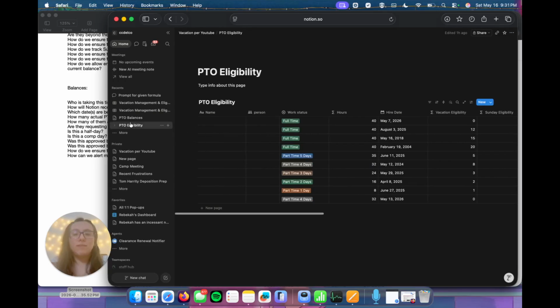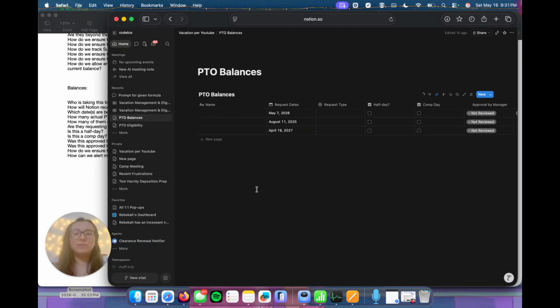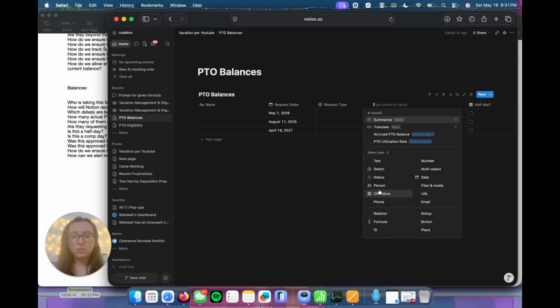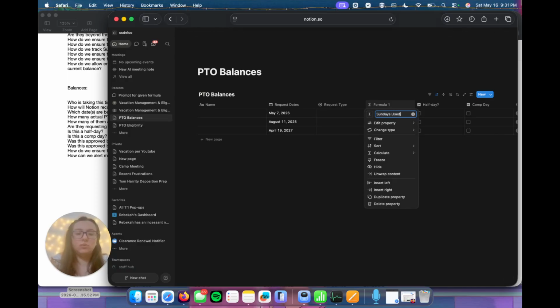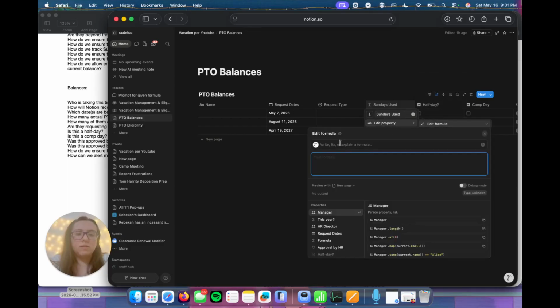Now that we have those set, we can go back to our balances, and we are going to start getting into some of our bigger formulas that are being used for this process. Let's come over here. We're going to insert one to the left, and we'll start with the easier one. We're going to do a formula, and we'll call this Sundays used, and our formula is going to say if